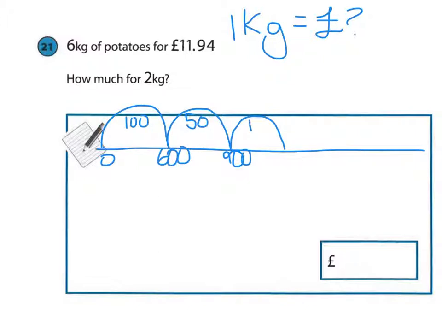So 10 6's are 60, so that's going to be 960. I'm going to take out another chunk of 60. So 10 times 6 is 60. So that takes me to 1020. If we take out another chunk of 60, 1080. Another chunk of 60 takes us to